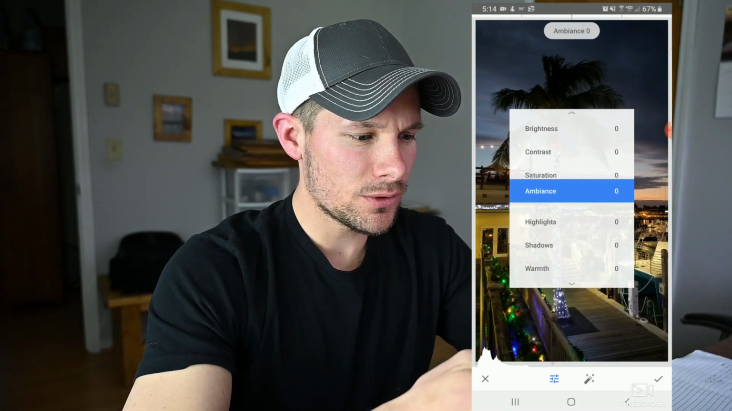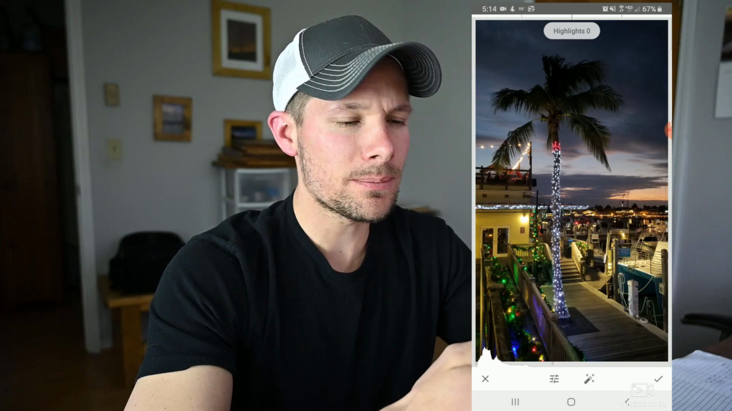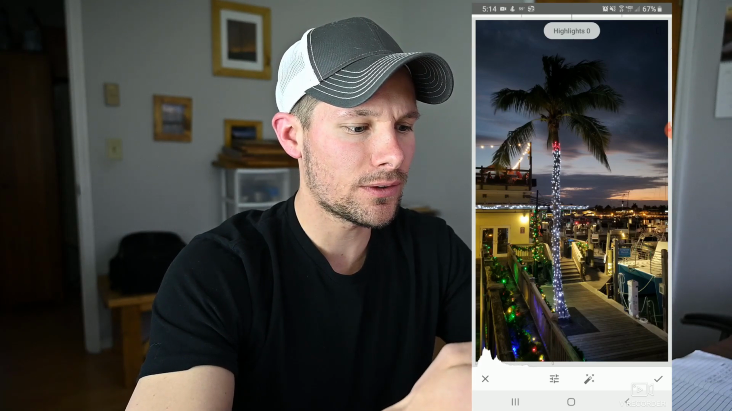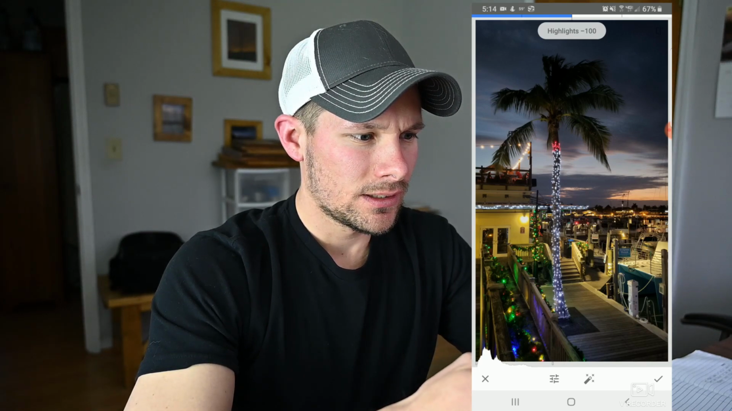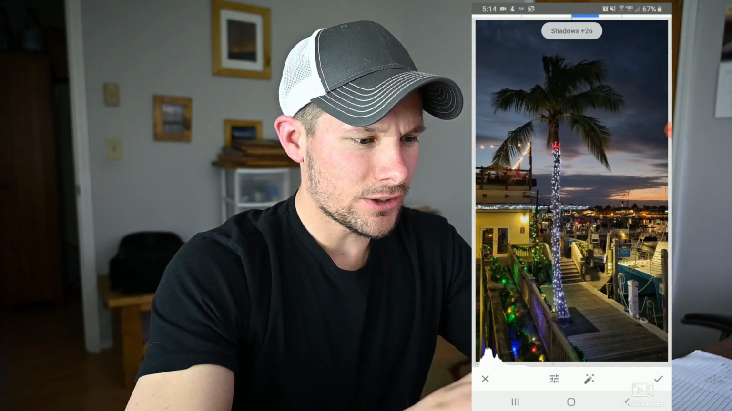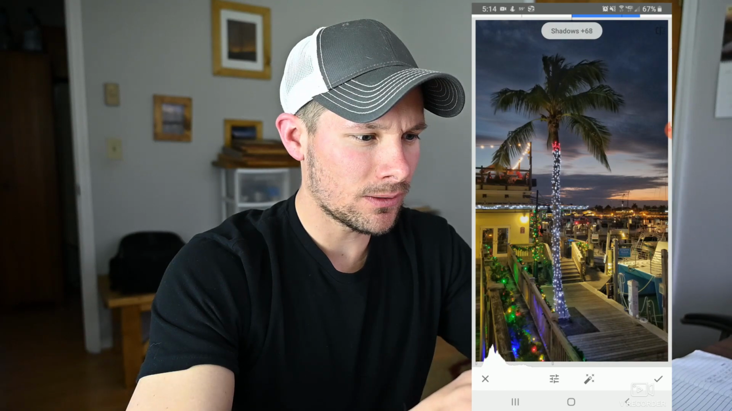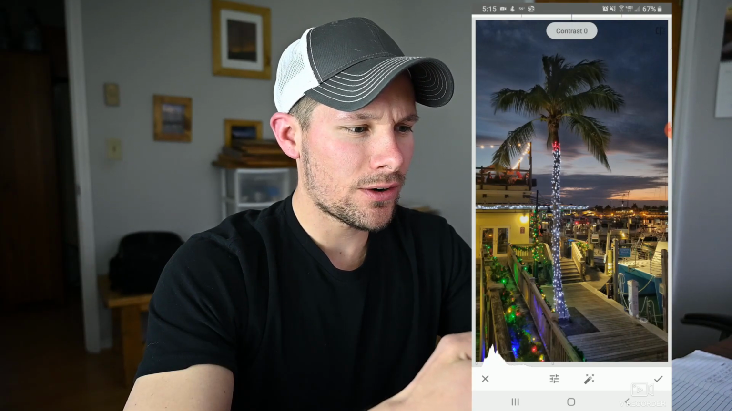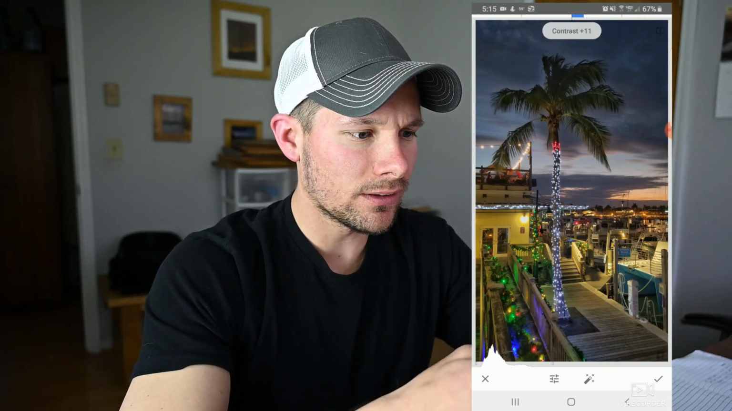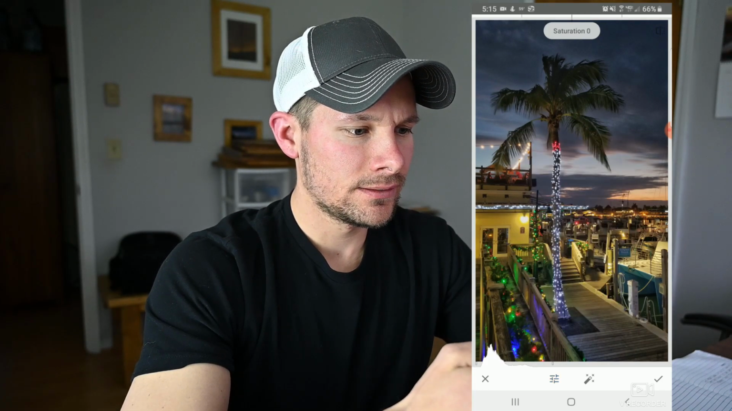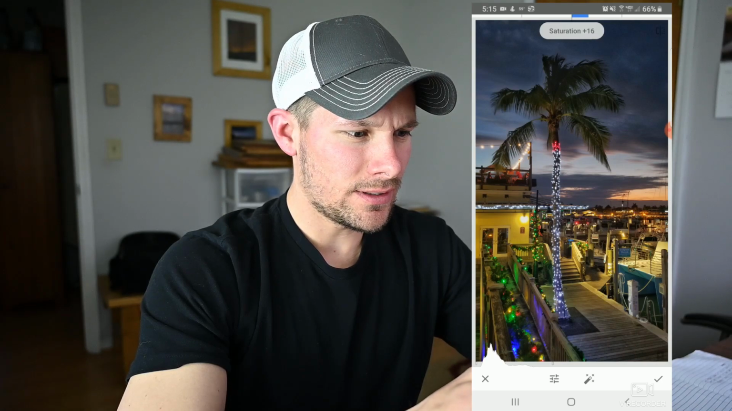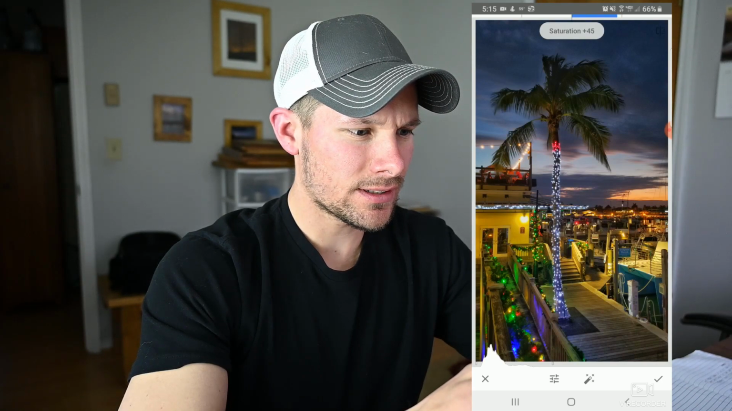I always like to go down to highlights, especially on sunset photos like this. I'll drop the highlights right down. And also bring the shadows way up, maybe about there. After the shadows are brought up a little bit, I'll bring in a little contrast. And then this photo needs some saturation in the sky